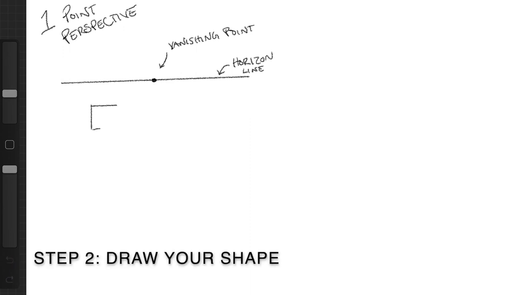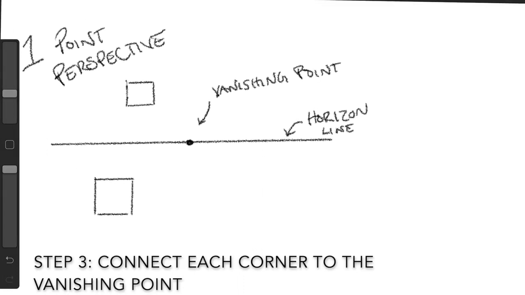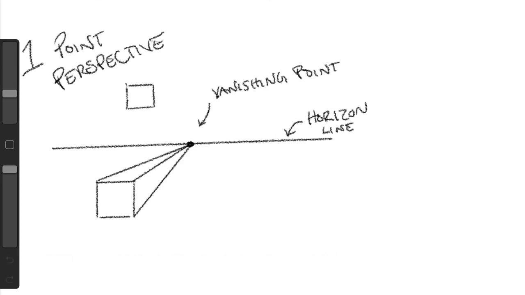So next I'm going to use my ruler to draw a square, and I'm going to line my edges up with the edge of my paper. That's the easiest way to make a square that is pretty straight. And then I'm going to connect every corner of my square to the vanishing point to create the sides and